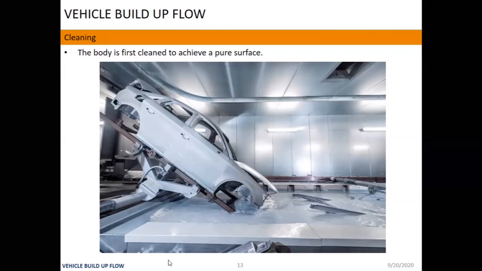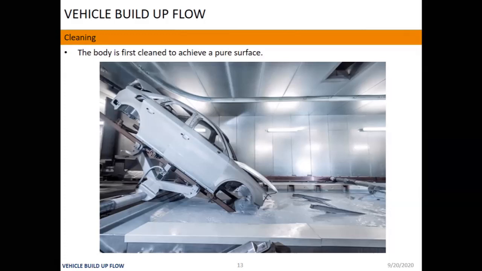After the BRW, they will check whether all the joints are perfect or not, any scratch or anything is there or not. Then they will pass it for the pre-treatment, then the AD coating, pre-coating, each and everything in the painting process. The body is first cleaned to achieve a pure surface. So this is the complete painting process. It is a 7-step process, I will explain it to you in one session: how from the starting to end, how much the thickness of the painting, what are the pools, what are the AD coatings. So this is just the introduction kind of vehicle build-up flow.